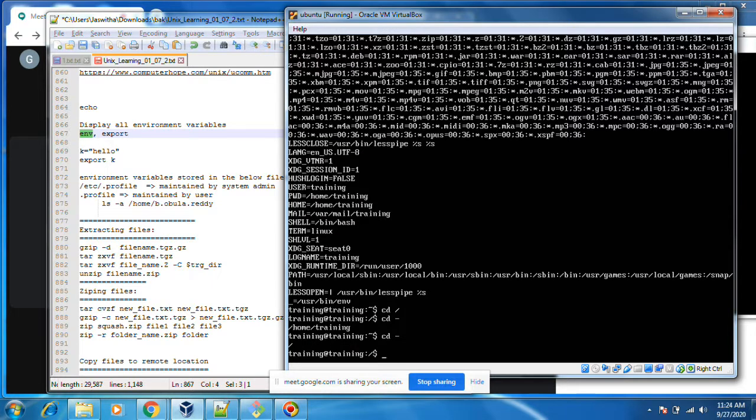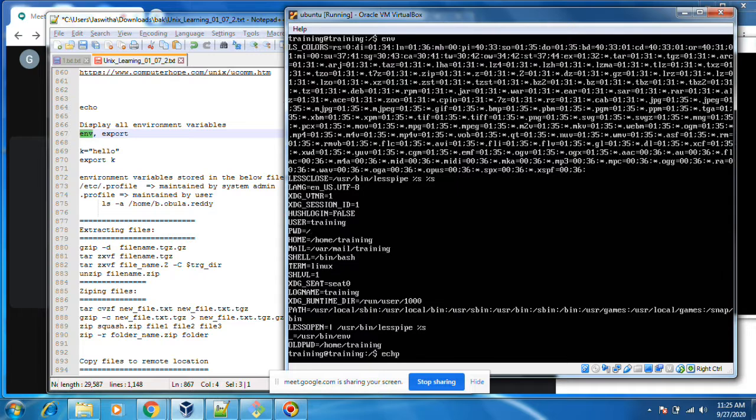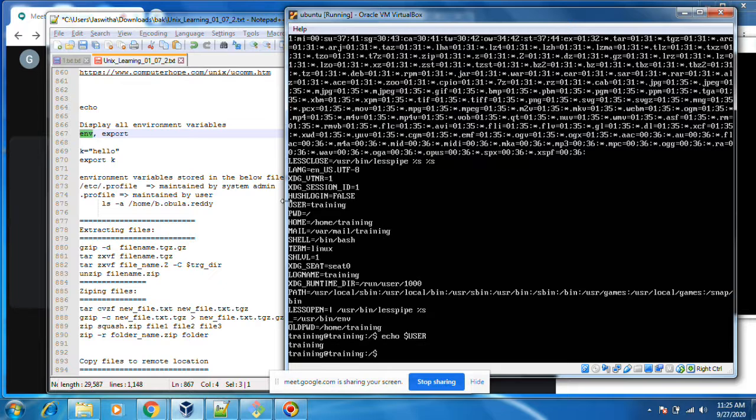How can you print them? Just echo $USER. It prints the value; here the user value is training. You can get anything, echo $HOME.